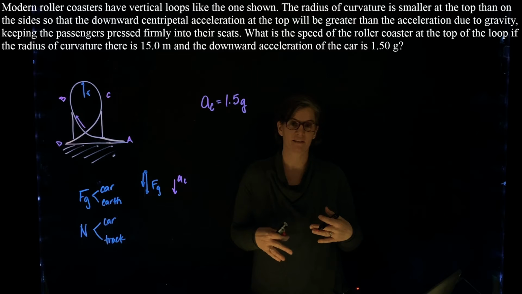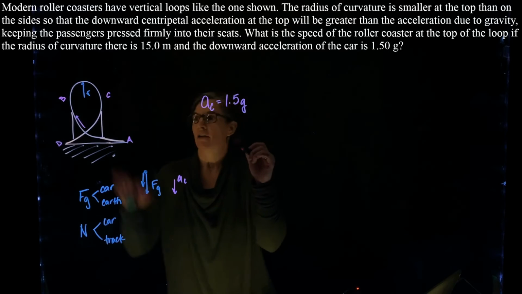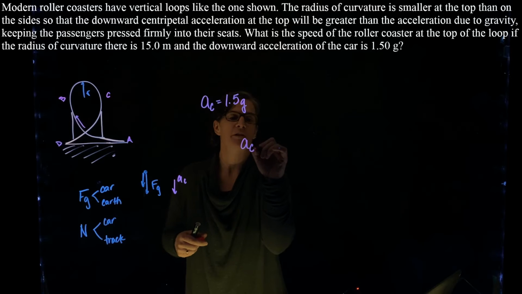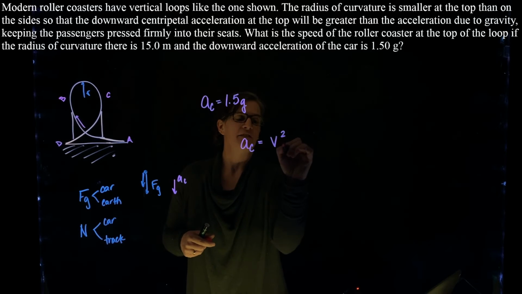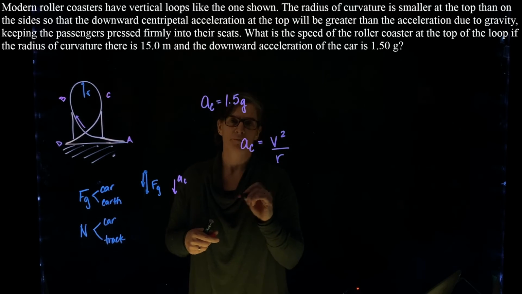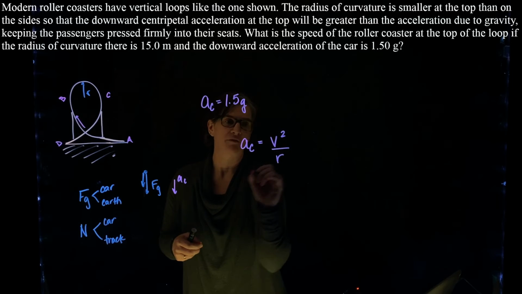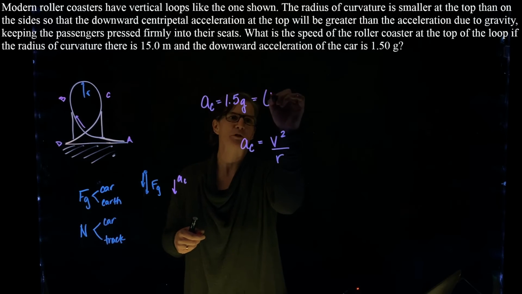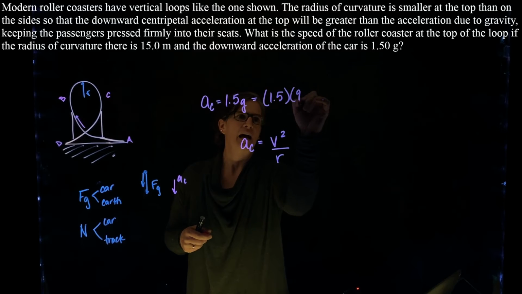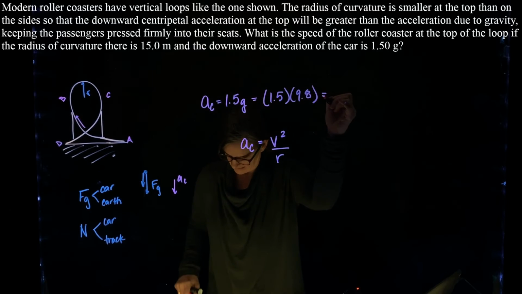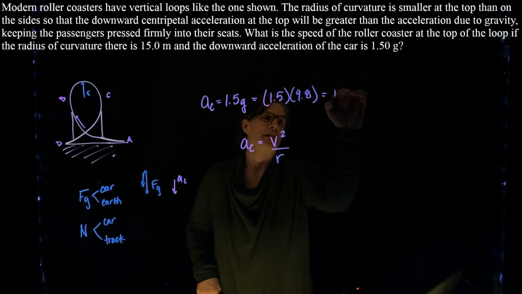At that top, we know the centripetal acceleration is v squared over r. So that means we have 1.5 times g, which is 1.5 times 9.8. That equals 14.7